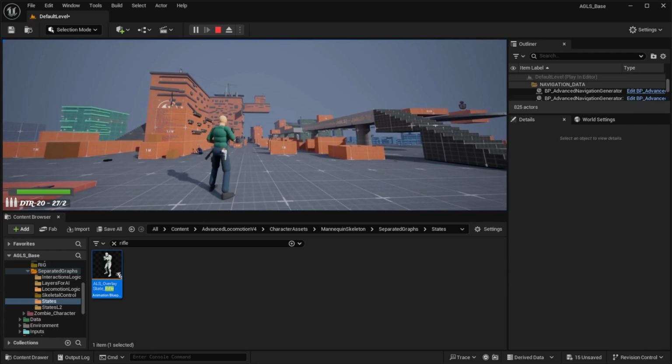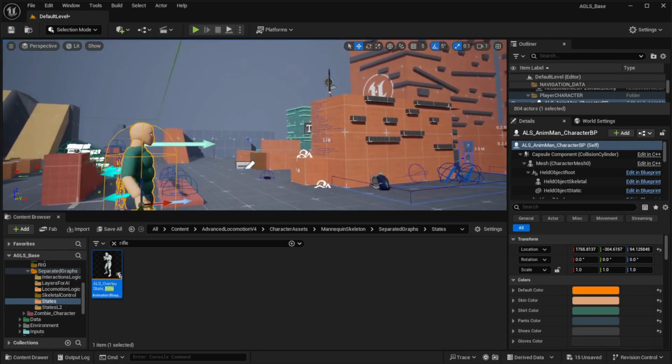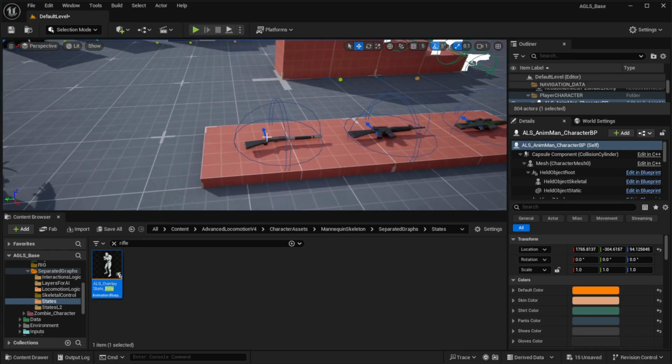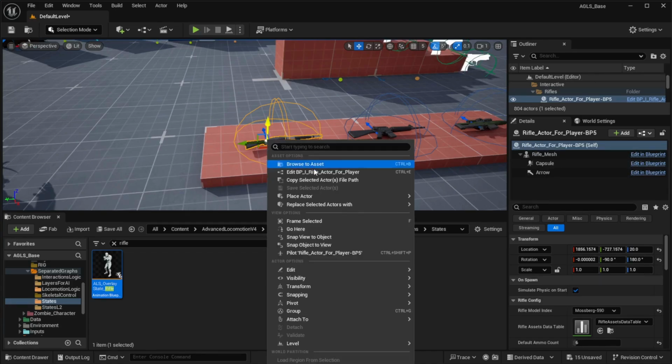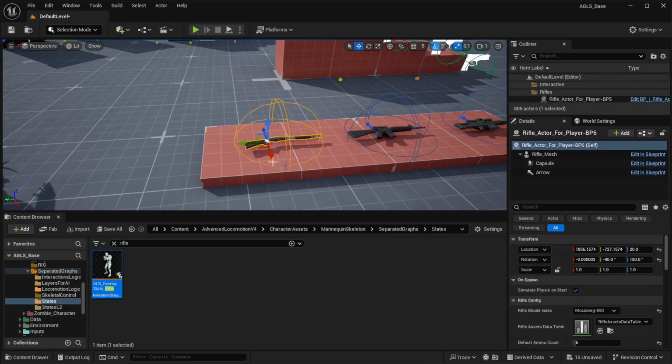So next we move on to picking up the weapons. Any weapons that need to be picked up are placed with a blueprint. Rifles are placed with a rifle actor for player BP, and the pistols are a BP_I_pistol actor. If I come to this one, you'll see the elements that are there are the rifle mesh, the capsule, and arrow. If I just duplicate this one and move it across,